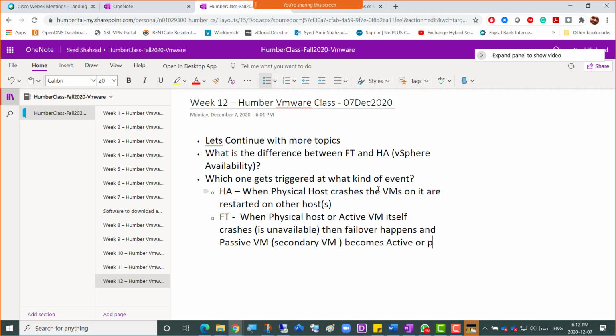Active or primary VM. So yes, there's a failover here, and in FT it's a failover. In HA it's a restart. So vMotion does not happen either in HA or in FT. Yes, FT configured two machines, active and passive, can be vMotioned, but the actual mechanism of disaster recovery, that's where vMotion actually does not take place. HA, it just restarts, and FT, it just fails over, right? Alright, so hopefully that's clear.